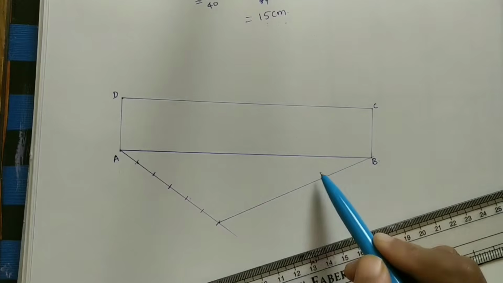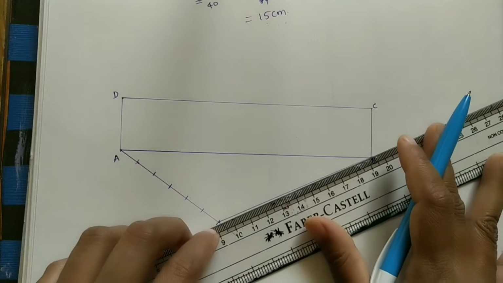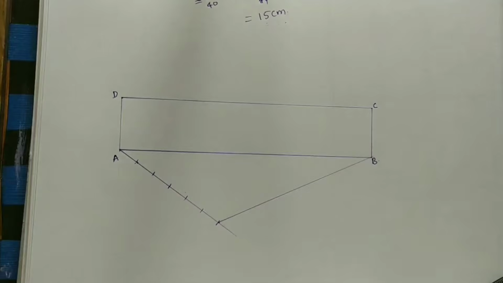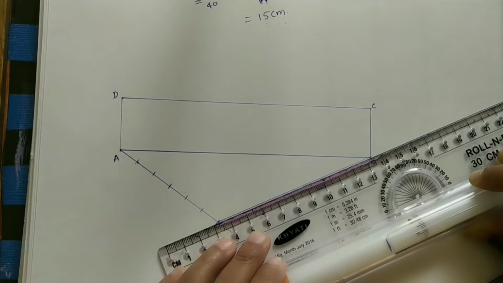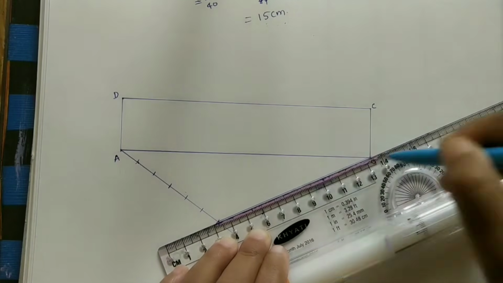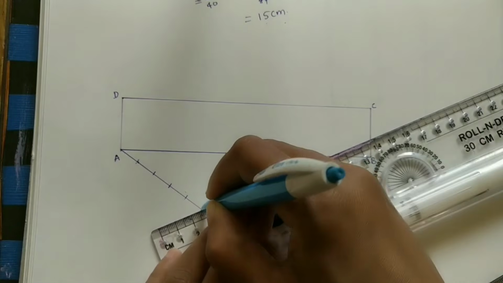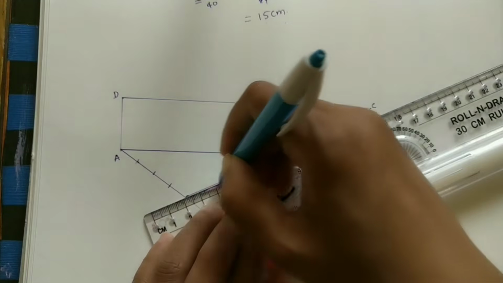By using the drafter scale, it is easy to do the parallel lines. Fix one of the scale, drafter scale here, coincide with this line and move that drafter scale. We can do easily. Here I am using the roller scale for doing the parallel lines. Keep one of the line, this line, coincide with this scale. Move this scale in this direction up to this point, do one line, and here at this point